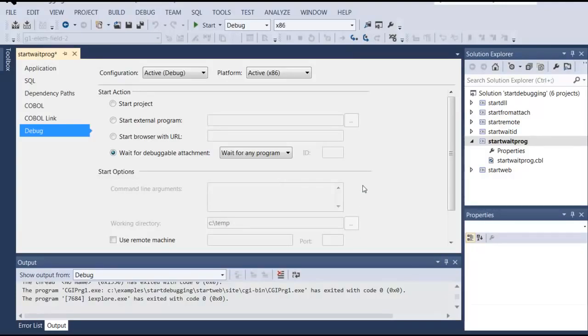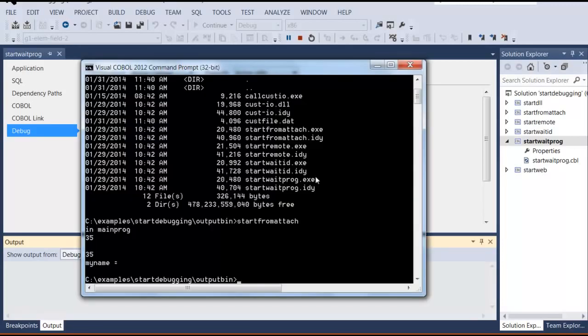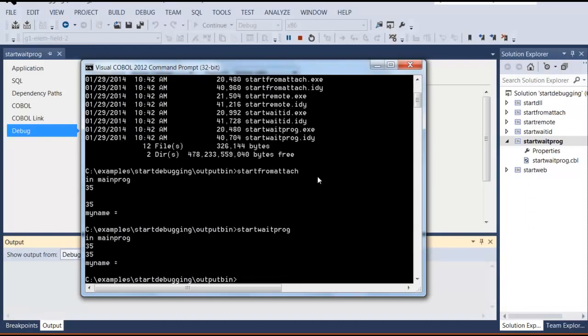So this one here, we'll put it into a wait state by starting the debugger. We'll say step into. Now it's waiting for our process. We'll go out and start our program up. Now this one here, if you start, okay, it executes at full speed, and that's because this option requires that it be debuggable,